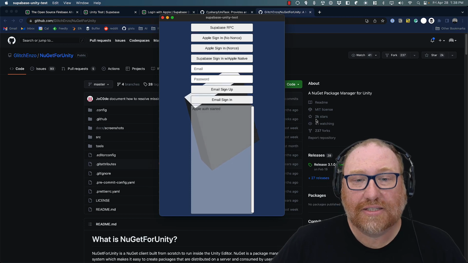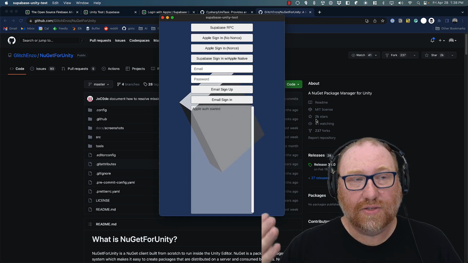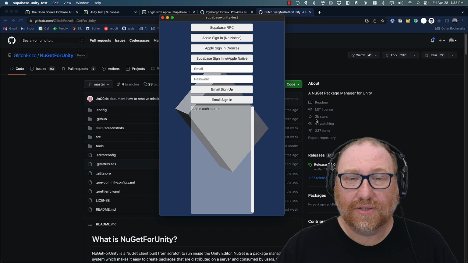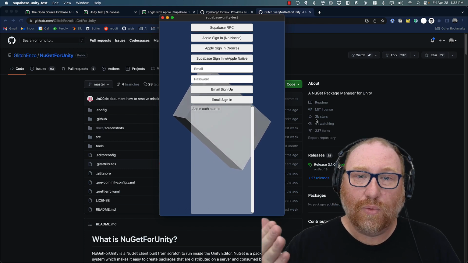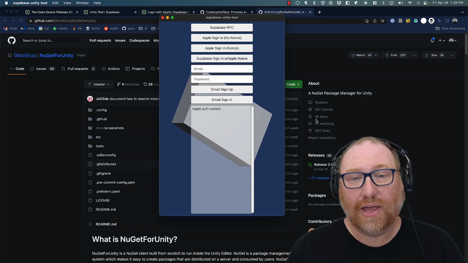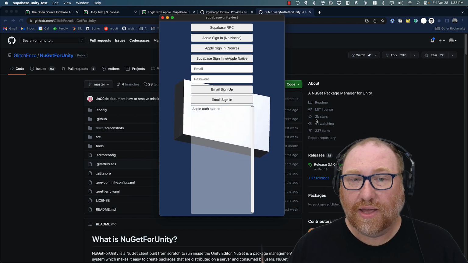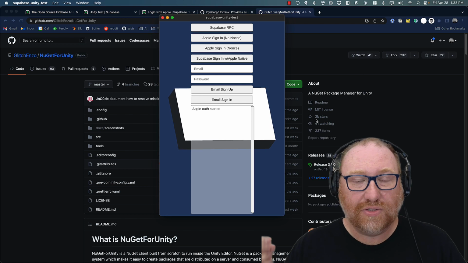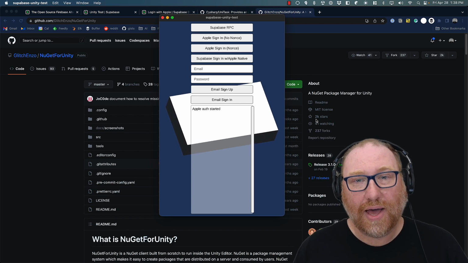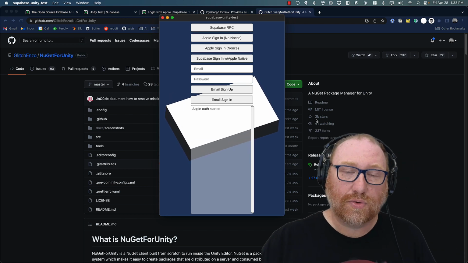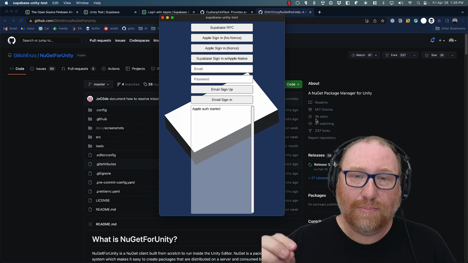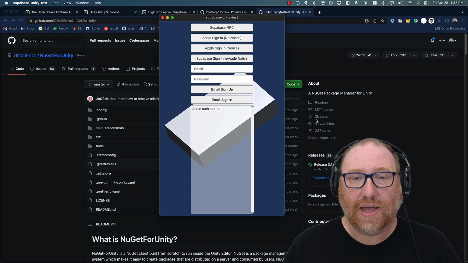So the first thing I'd like to do, just to get started, is show you this app running. It's a little demo app that I built. It's a way to illustrate how I'm using Supabase with Apple Sign-On in a way that's really just simple. It's just a basic UI, but the idea is that as we go through this, you're going to see how I built the integration with Supabase